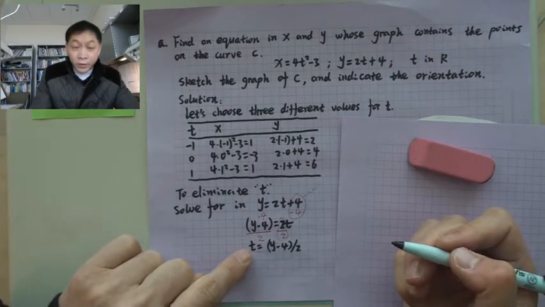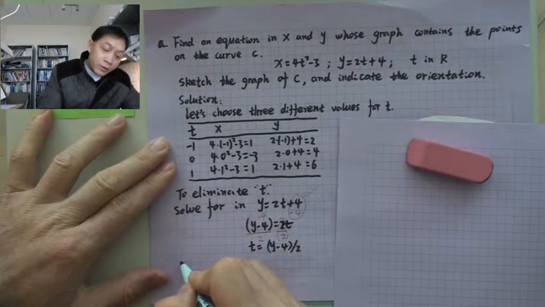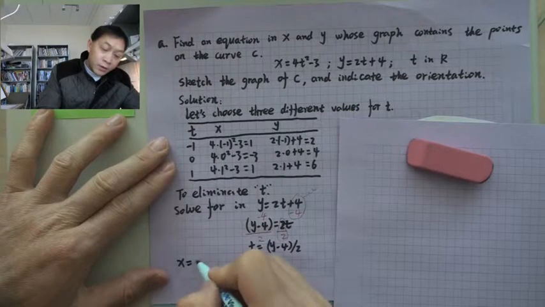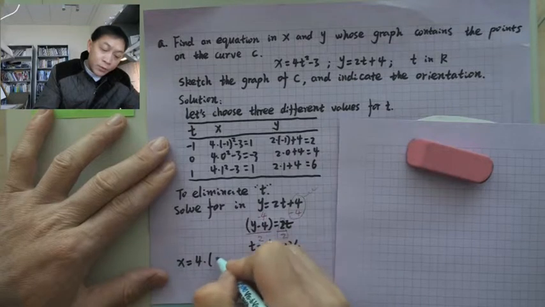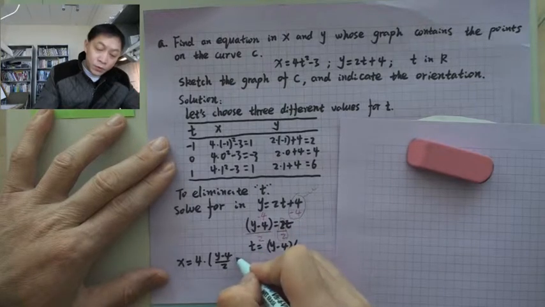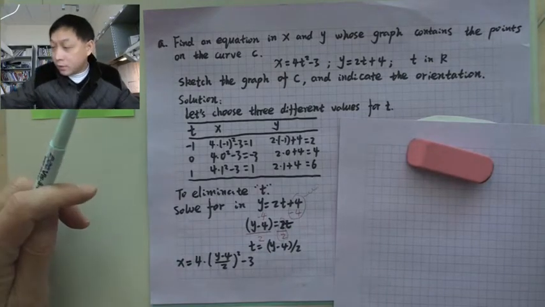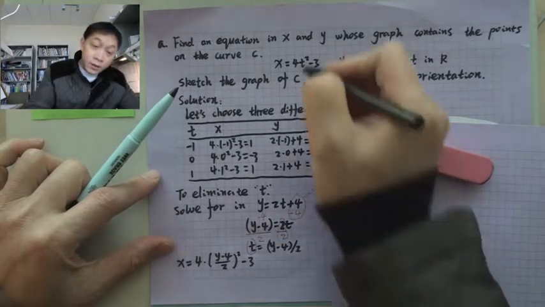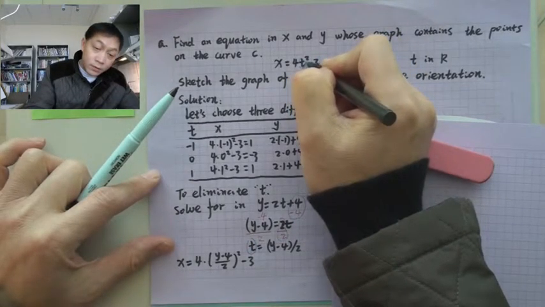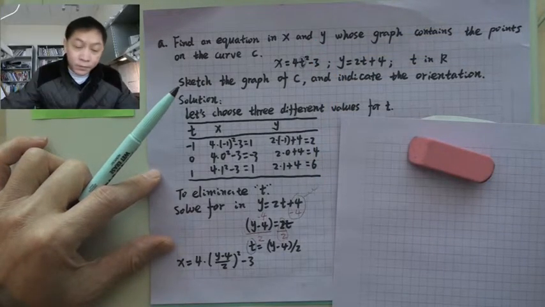Now it's time for us to put this t back here. Okay. So then x equals 4 times t, which is (y minus 4) over 2, squared, minus 3. Okay, so basically here is t and here is t. So you want to put it there. Now